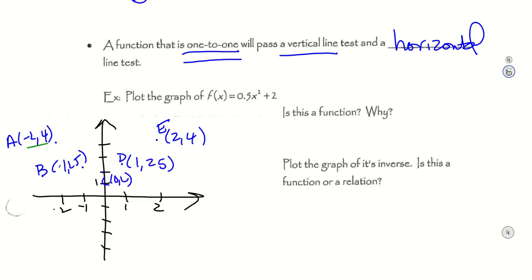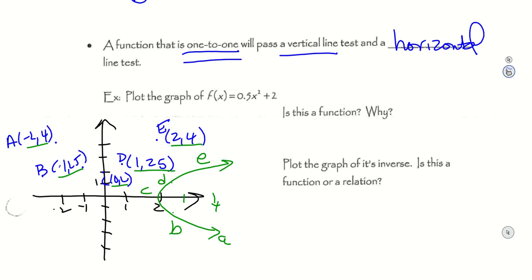So we're going to go to the point 4. So I'm going to have to come over, and we're going to go to negative 2. That's our A. And then 2.5, negative 1. That's our B. Right? For 0, 2, we go to 2, 0. That's our C. We go to 2.5, 1. That's our D. And then we have 4, 2. So this was 4. So we come 4, 2. That's our E. So when I connect these in A, B, C, D order, I end up with a sideways